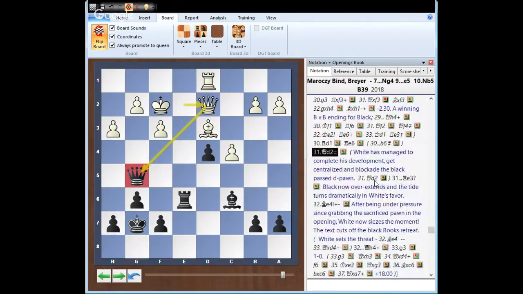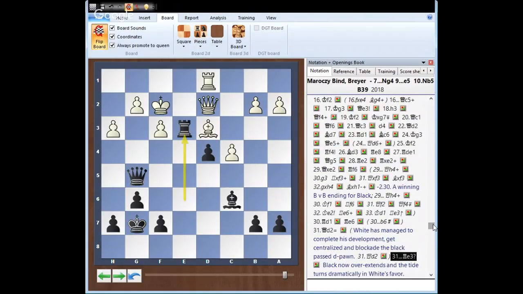Instead, under the illusion that he still had some advantage, black played rook e3 and began to overextend himself. Does anyone see the tactic for white that turned the game in his favor? I see a lot of people are here, but